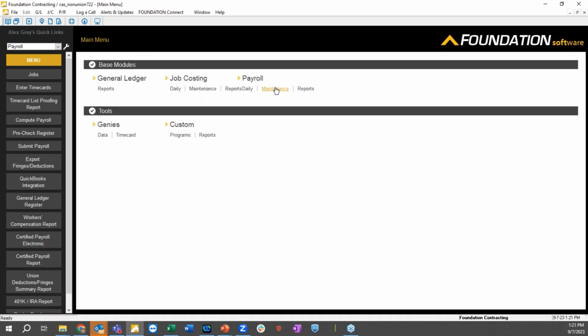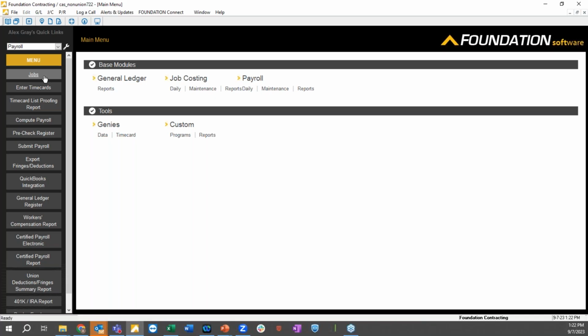Closing out here, once payroll maintenance is completed, what does it look like on a day-to-day basis as a Payroll for Construction client? Well, pretty simple. It comes down to whatever jobs we need set up, setting those jobs up inside the system. Pretty straightforward with us: job name, number, description. Then if this is a prevailing wage or a union job, you'll tie in that table that we had set up to that specific job.